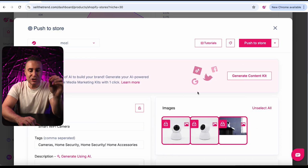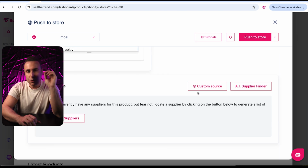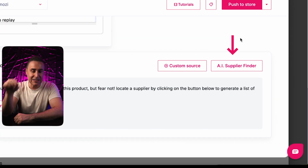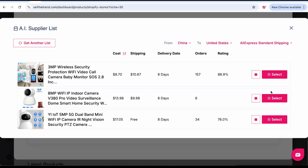So here's the Push to Store page. Here we're going to be able to see the product details directly from that store, but we want to obviously customize it a little bit, right? The first thing we're going to do is we want to find a supplier that is going to be able to ship that exact product to our customers. So the first thing that we want to do is we're going to hit the AI supplier finder to find a supplier that is going to be shipping that product to our customers. So here's a similar product right here. What I'm going to be doing is I'm going to be selecting this product right here to add to our